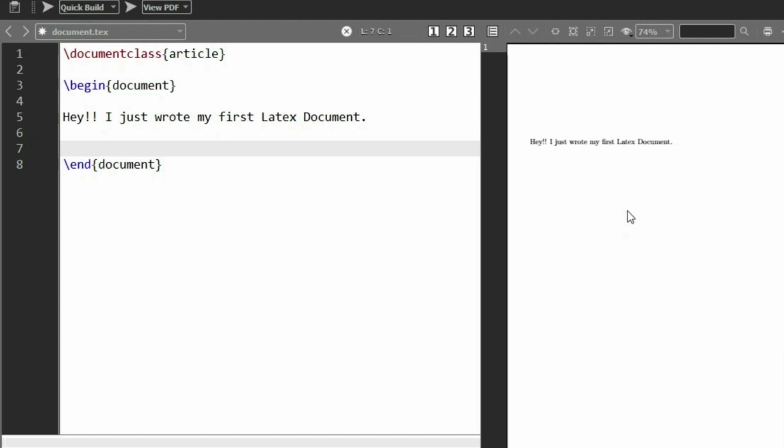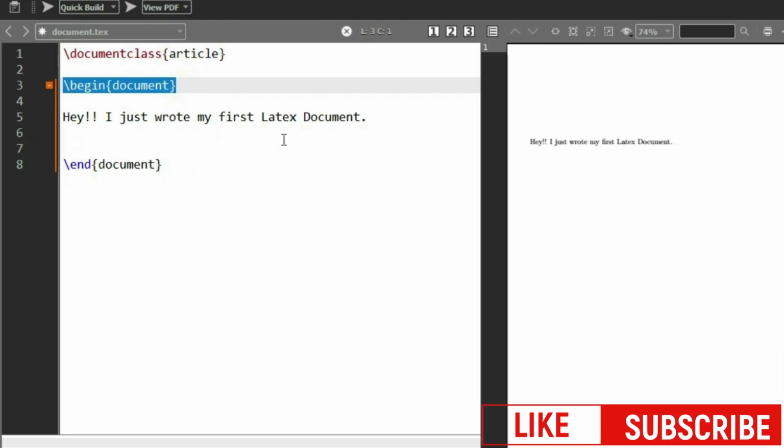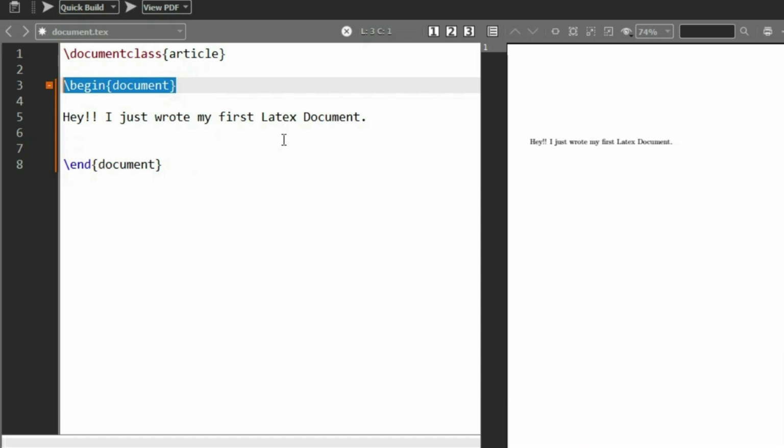to our LaTeX document. So to recap, we define the document class, and the document class defines the overall appearance of our document. Okay, and then we also said that anything we write inside the begin document and then the end document tags will be added to our LaTeX document, and anything outside of it is not going to be added to our document. So without wasting time, let's look at how to add title, author, date, and then comment to our